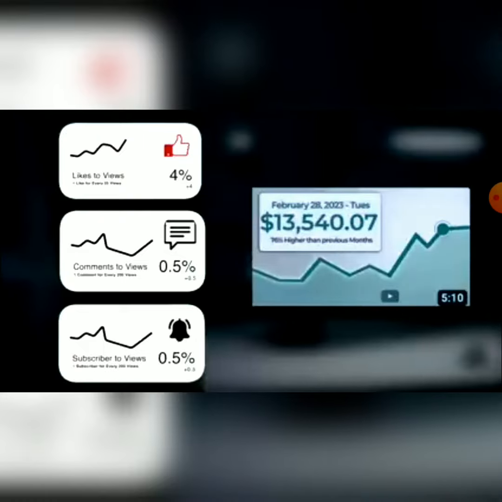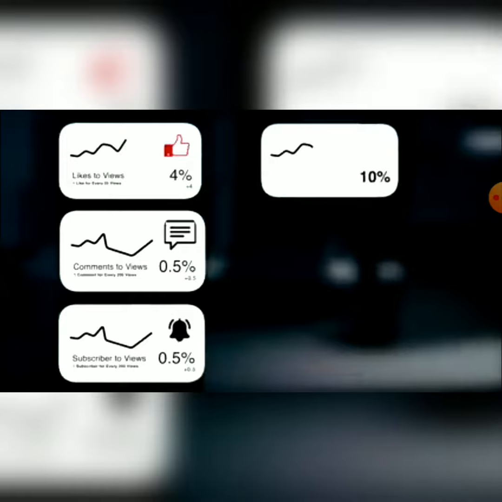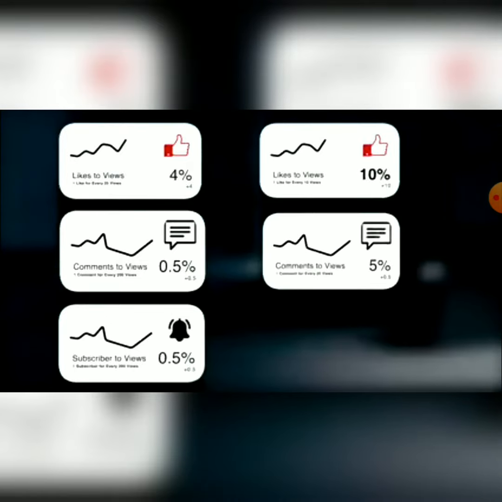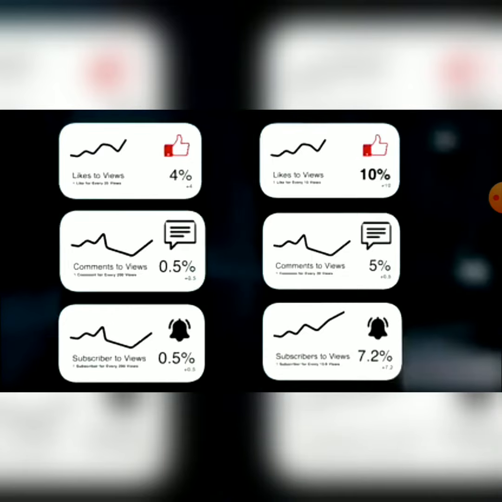For our video, the first 3 days with 470 views, the likes to views ratio was 1 to 10, the comment to view ratio was 1 in 20, and we managed to add 34 subscribers, so 1 subscriber for every 13.8 views. These numbers are well beyond the typical average range mentioned, and in some instances 10x the amount.